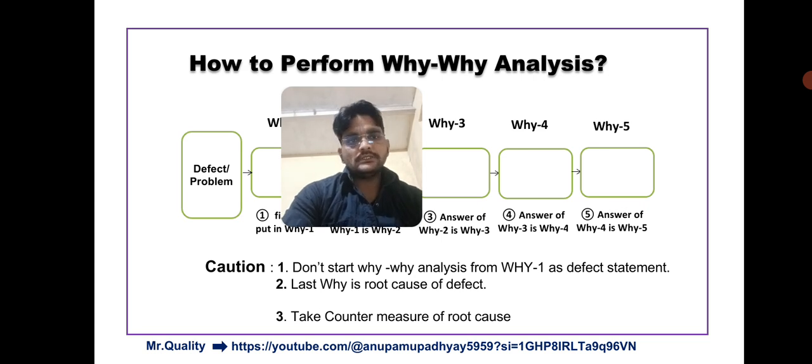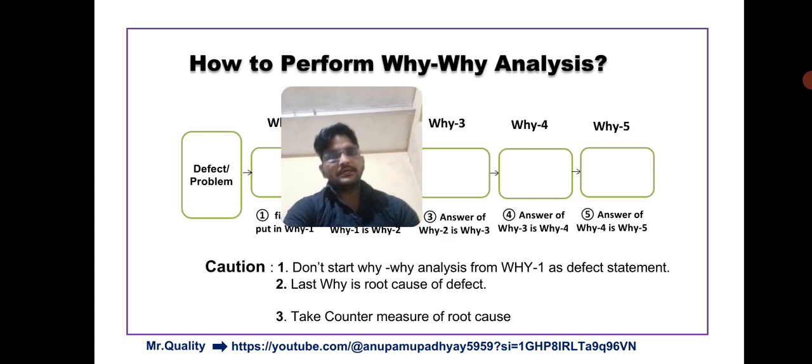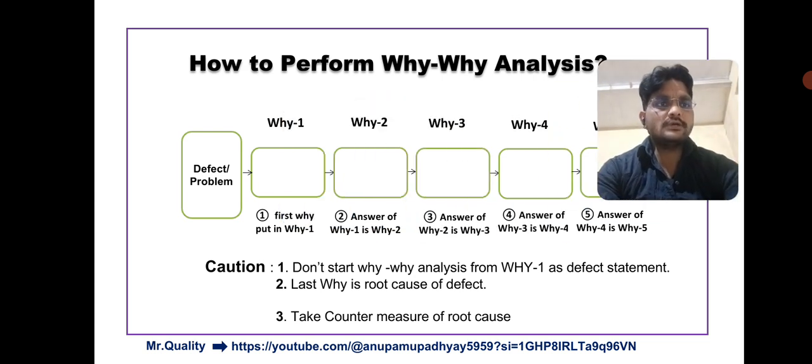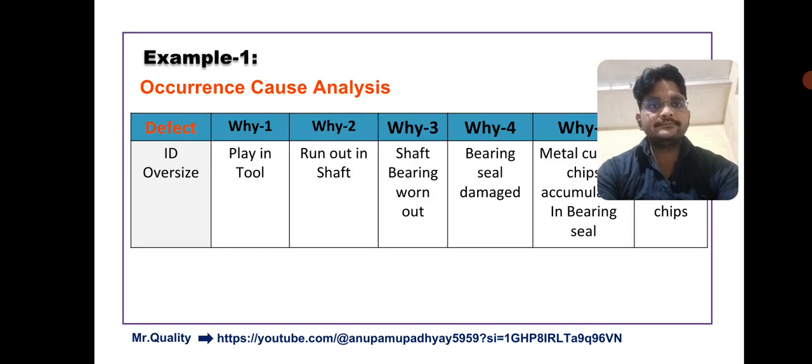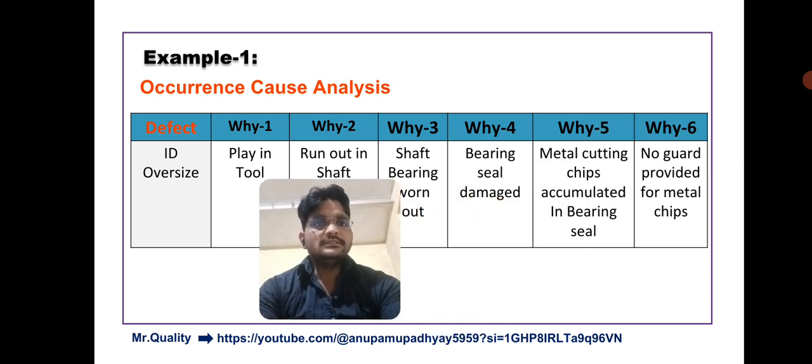Caution: first, don't start 5 Why analysis from Y1 as a defect statement. And second one is the last why is the root cause of that defect, that problem. And third is take countermeasure of the root cause. Whatever root cause we have identified, we should take the countermeasure, means corrective actions. This is the example